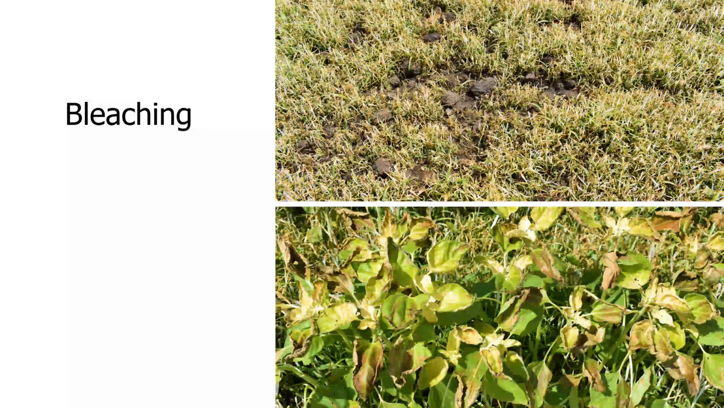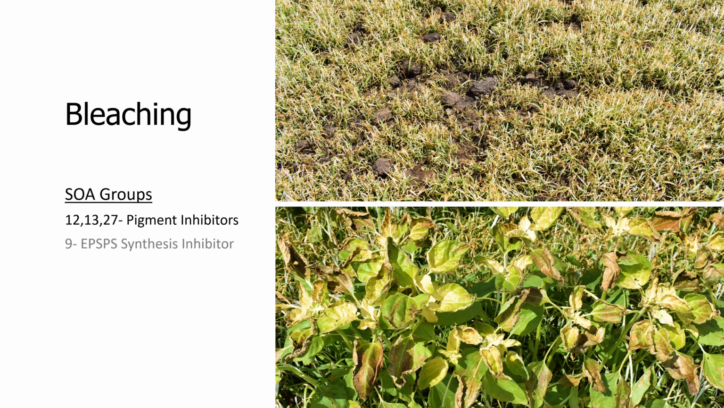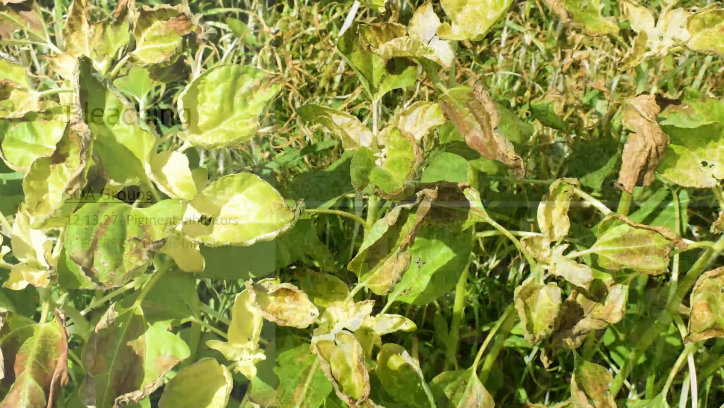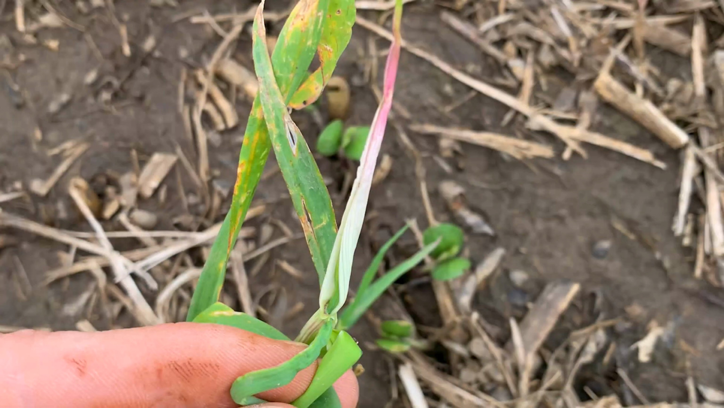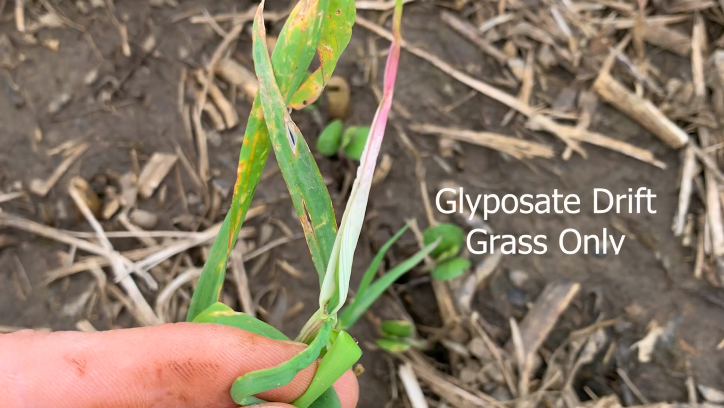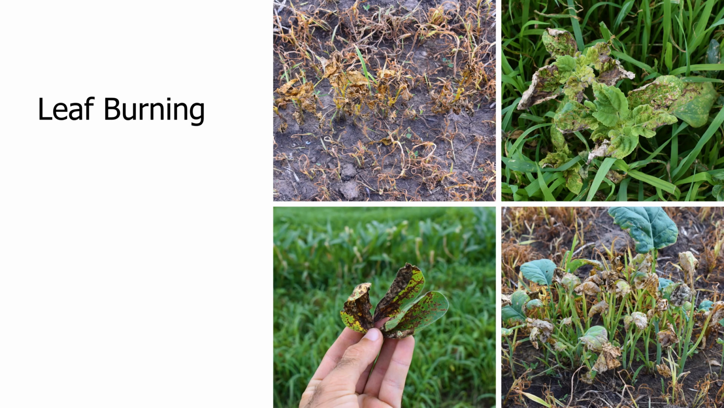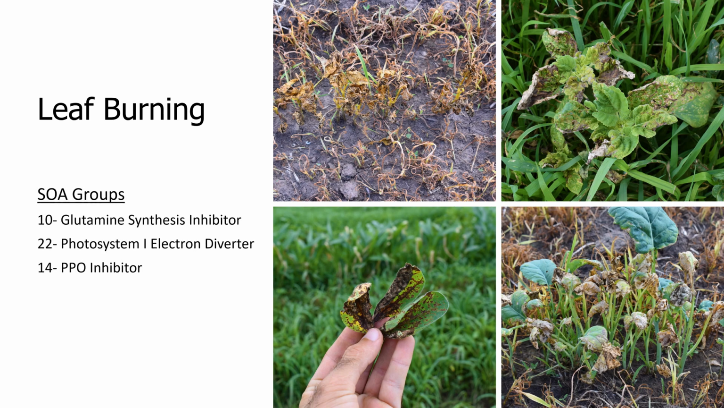If you're seeing the bleaching symptomology, it's likely from a herbicide in our site of action groups 12, 13, or 27, which are our pigment inhibitors. This symptomology is pretty unique. Another potential cause of this symptomology can come from exposure to a low concentration of glyphosate, such as a tank contamination or drift occurred. We can experience leaf burning symptomology or contact herbicide symptomology from our site of action groups